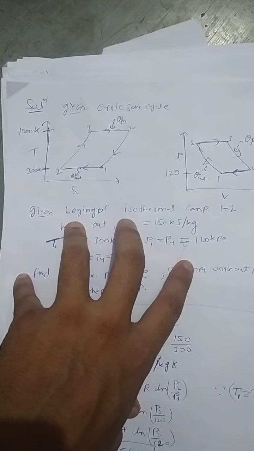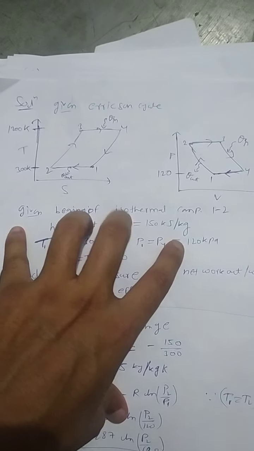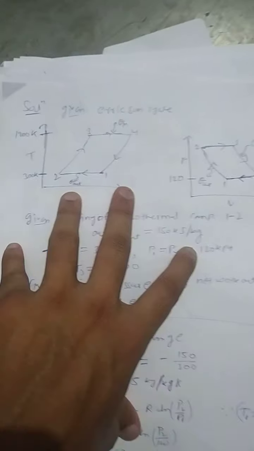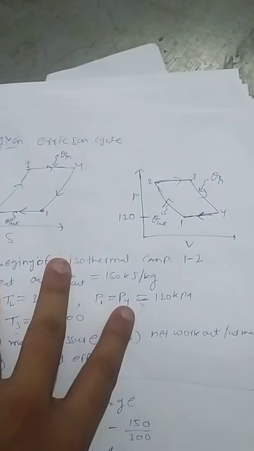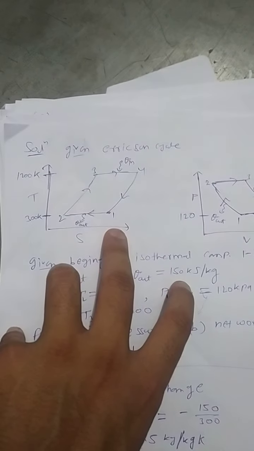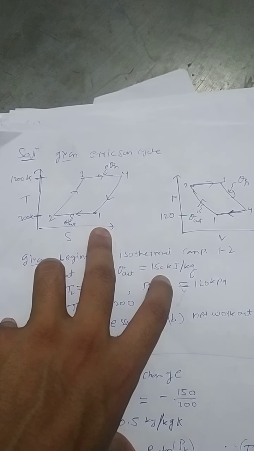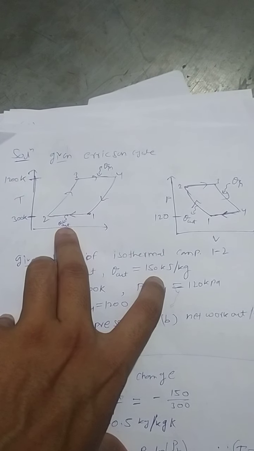This question is on the Ericsson cycle. Here 1, 2, 3, 4 represent the Ericsson cycle on the TS diagram and on the PV diagram. So from here we can see that heat transfer occurs at constant temperature, that is, heat rejection is occurring at